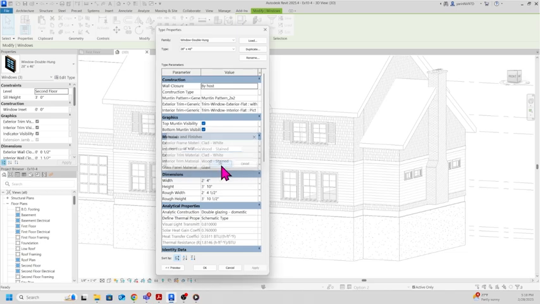Okay, click OK. And while we're here, let's shut these 2 visibility off, both of them, and then come down here, change the dimension. That's 1 foot, 18 inches makes it 1 foot 6 inch. So I'm going to make this a 1 foot 6 inch, and this one was 6 feet, so that's 72 inches. And then you can see the rough opening will change by itself. So let's click apply and click OK,